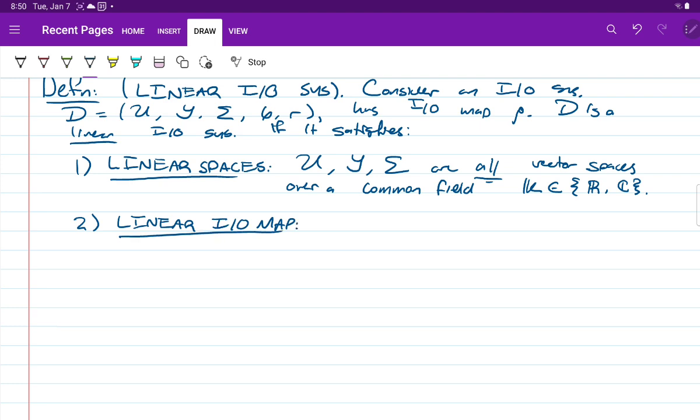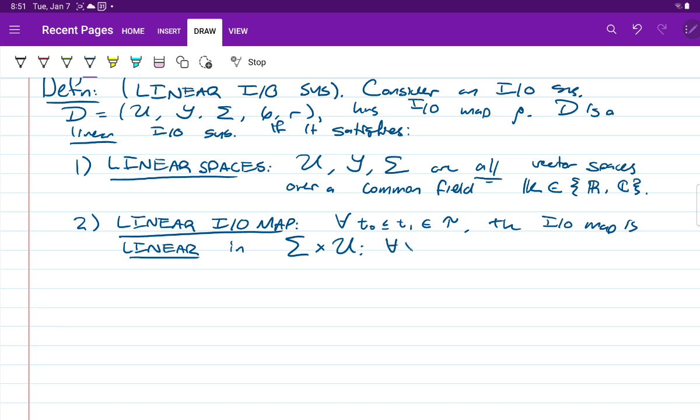And what this property states is that for all times t0 less than or equal to t1 in my time set, what I'm going to have is the I/O map is linear, not individually in my initial state and individually in my input signal, but jointly in the initial state and the input signal, okay? So it's going to be linear in sigma cross U, all right? Let me just elaborate on what I mean by that. This is such that for all x0 in my state space sigma,